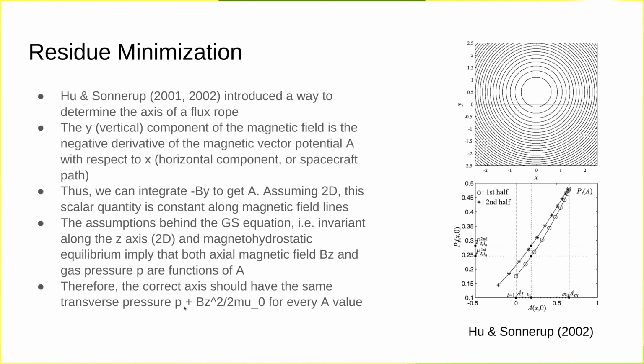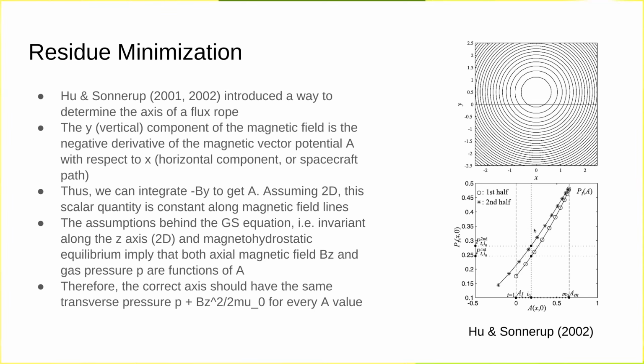So both of those should be the same for every value of A, because they're all on the same magnetic field line. And that way the sum should also be the same. So they make this plot, and they do this for every possible axis orientation out of a set of guess axes, basically. So they try all the different orientation directions that are possible within a certain